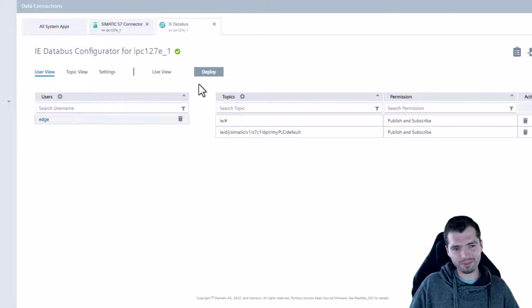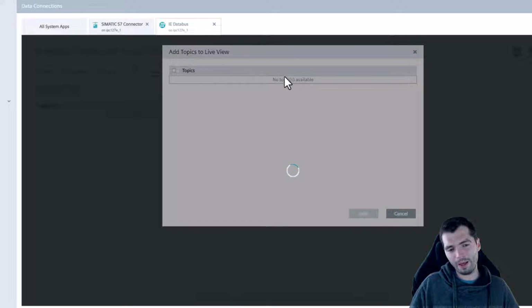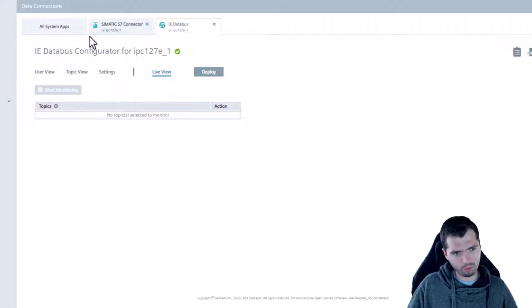The reason is still that this live view is not able to pick up data and topics if you just have this, so IE and then wildcard. I've been told this is going to be fixed, so it might be that when you're watching this video, this actually works for you. If it doesn't, if you add this and it doesn't show you any topics,